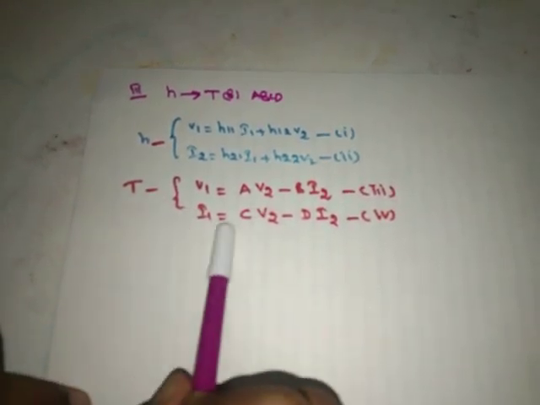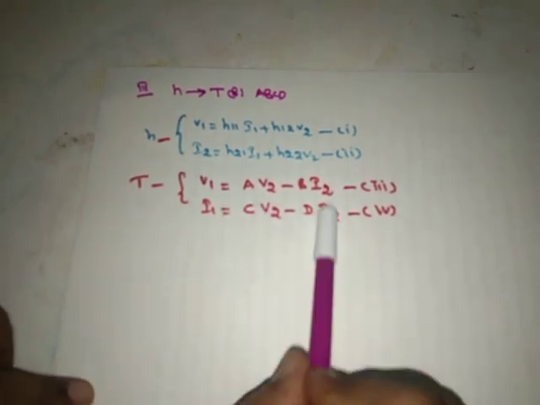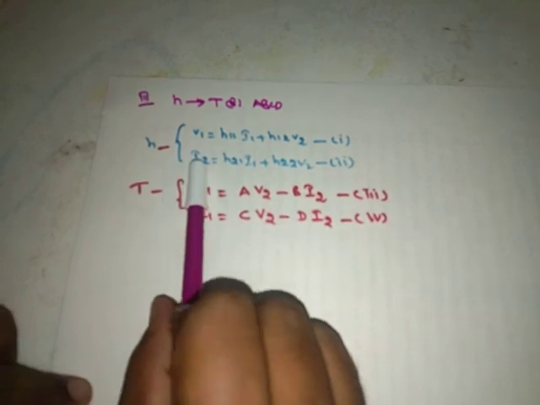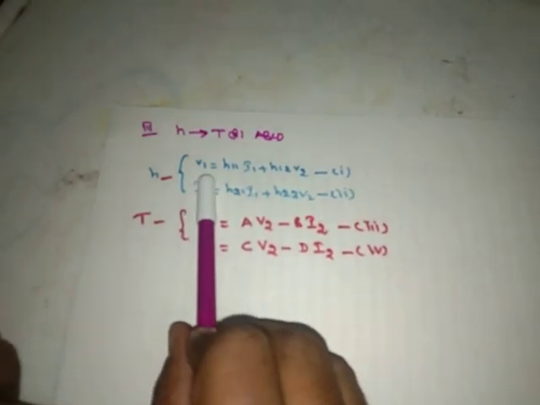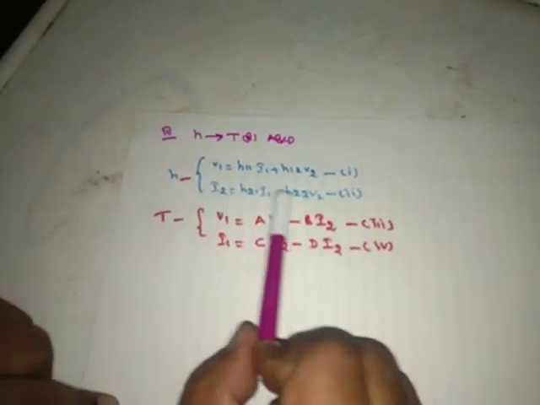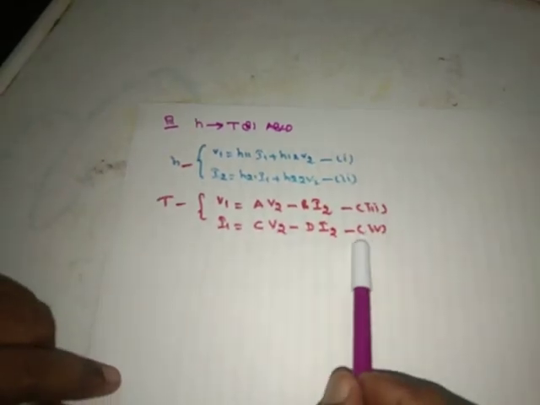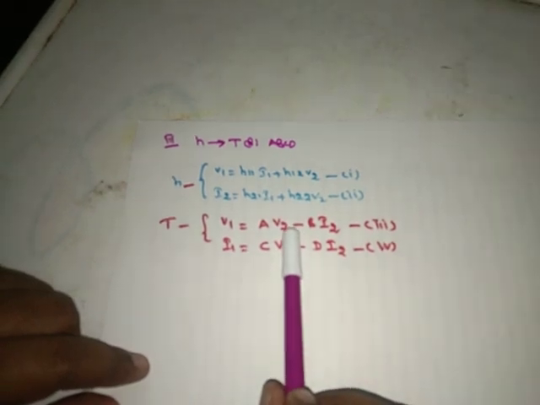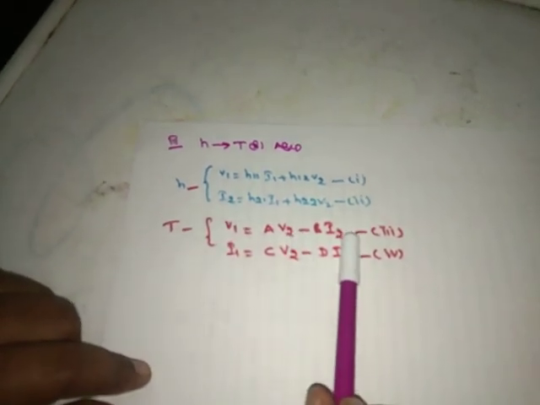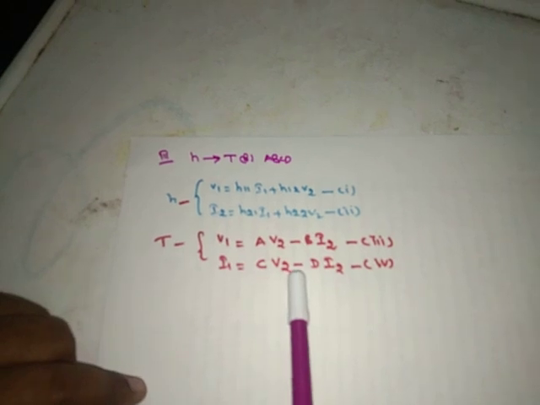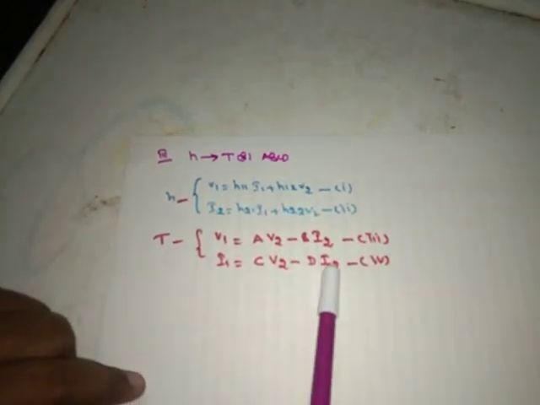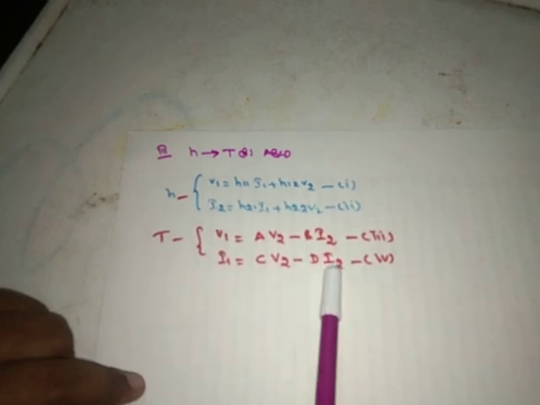Here the procedure is express ABCD parameters, okay, in the form of h parameter basic equation. That is v1 depends upon i1 and v2, i2 depends upon i1 and v2. Okay, here observe here, this is v1 depends upon v2 and i2. Similarly, i1 depends upon v2 and i2. From that, here i1, here we can take i2,